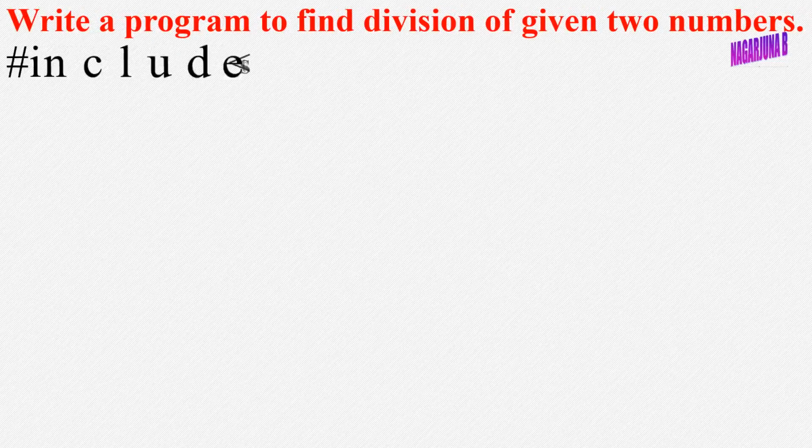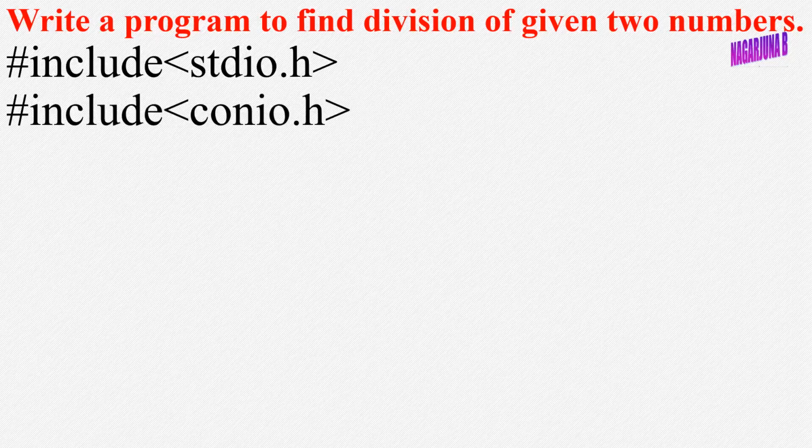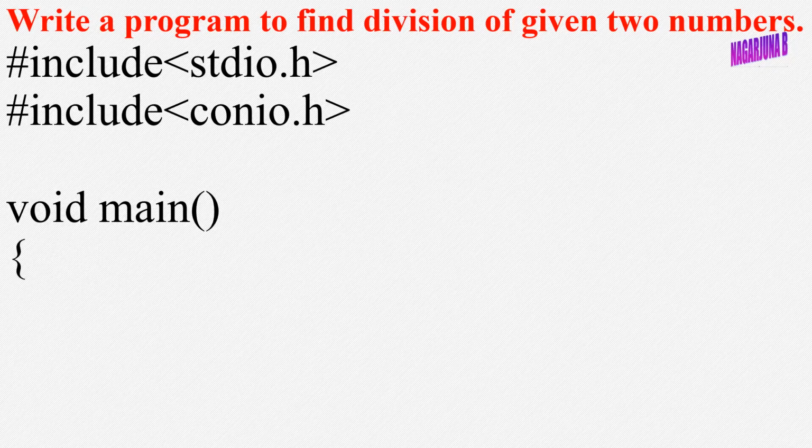Write a program to find the division of given two numbers. First, we need to write the header files: #include <stdio.h>. The next, #include <conio.h>. Then void main open bracket close bracket. Then open the curly brace. Then we need to declare the variables. I declare two variables of type int, m, n;